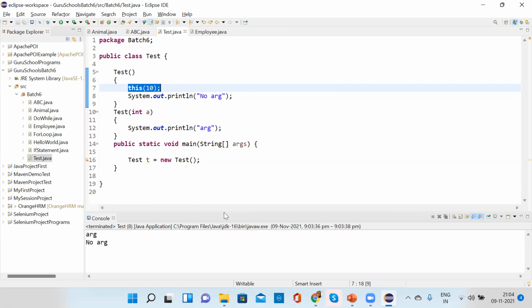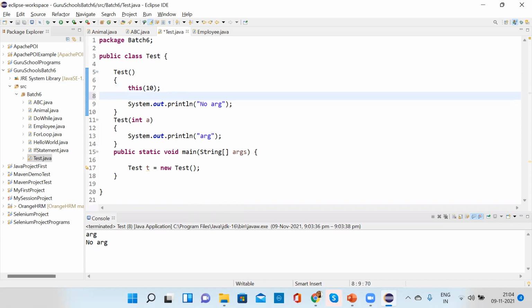Chavi, can this be called only once? I saw one example of constructor overloading where from one constructor to another constructor they called with multiple this.